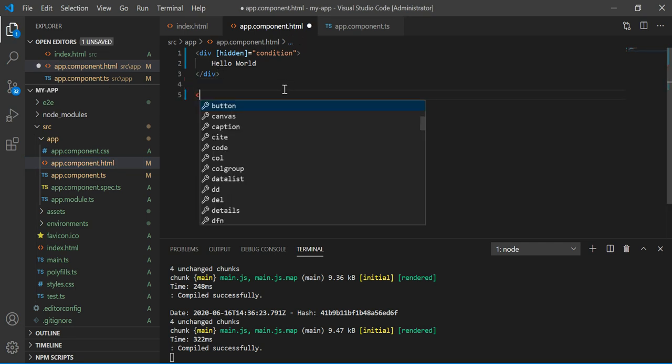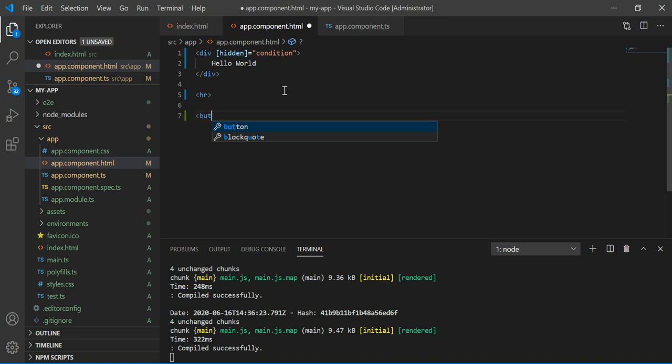So we can directly place a button. HR tag stands for the horizontal line, right? I'll name the function as toggle and we'll call the function on this click event, right? Toggle button is the name of our function, which will toggle the flag.